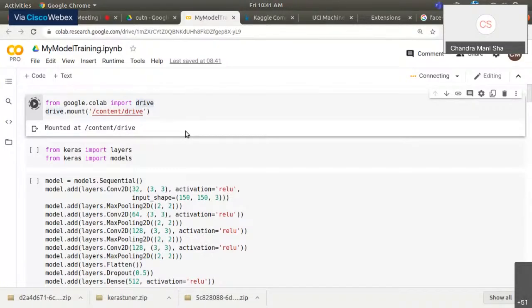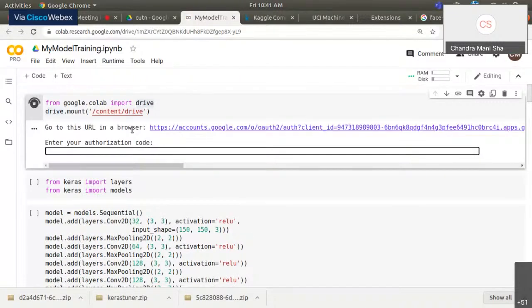I have already provided you the access. Otherwise it will ask you for a passcode. It will give you here a URL. You need to just click there, and then whatever Gmail account you have logged in, it is asking. That's a good thing. So I just need to click here,